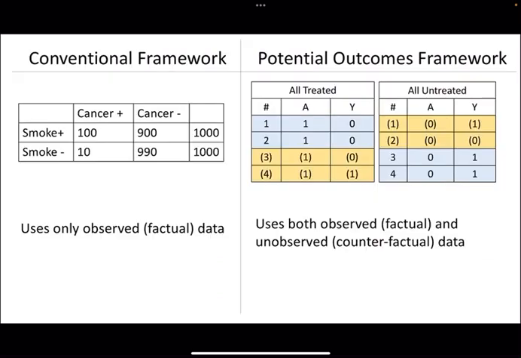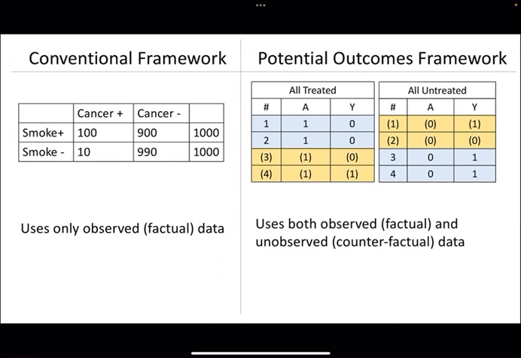So now looking at this conventional framework on the left and the potential outcomes framework on the right, again, they're 2 different data sets. The one on the left has 1,000 smokers and 1,000 non-smokers. That's a population of 2,000 people. The one on the right is just a population of 4 people. And although it's different data, I think it's helpful to just show how the 2 frameworks go about calculating these